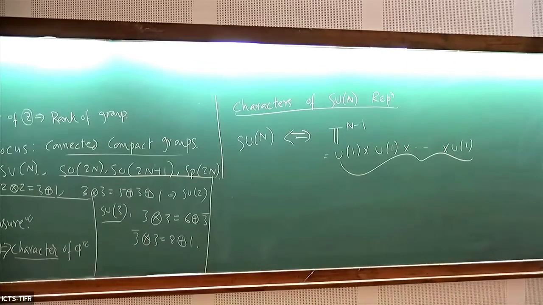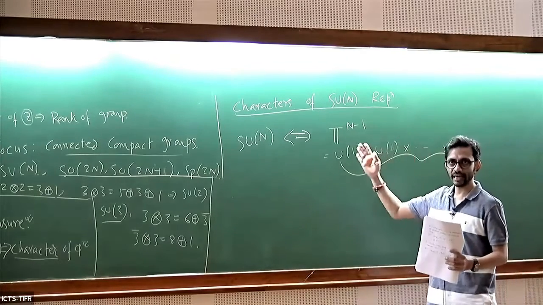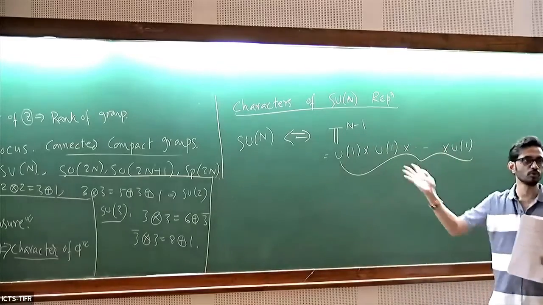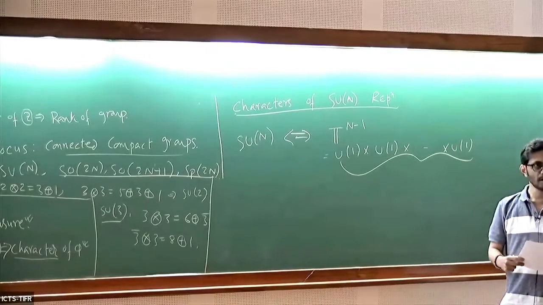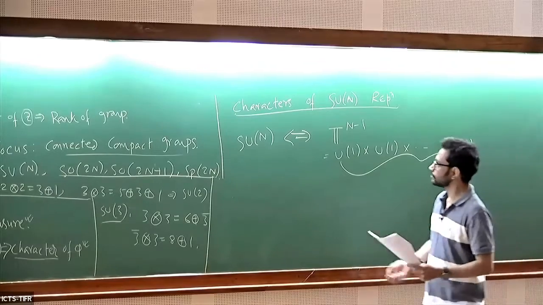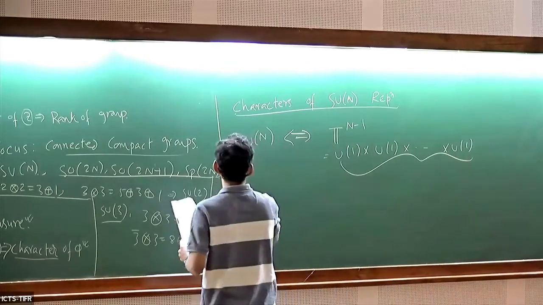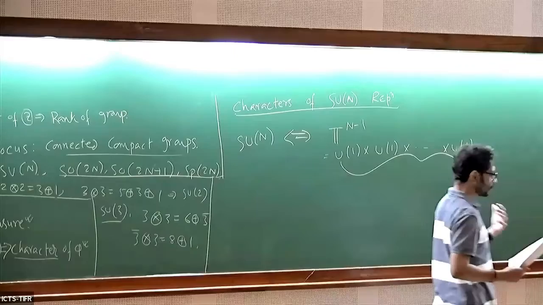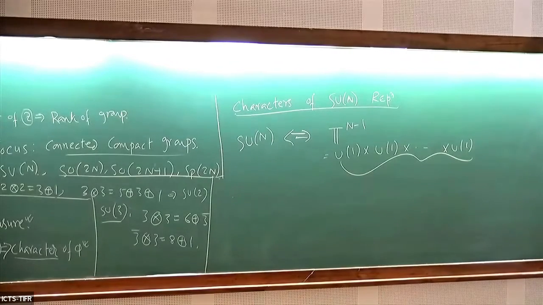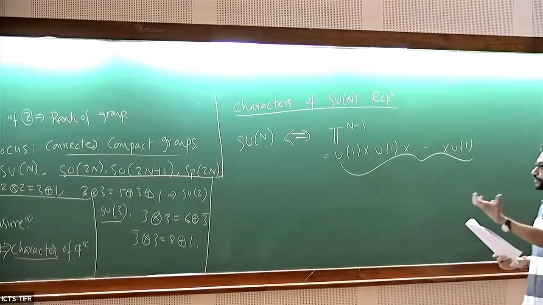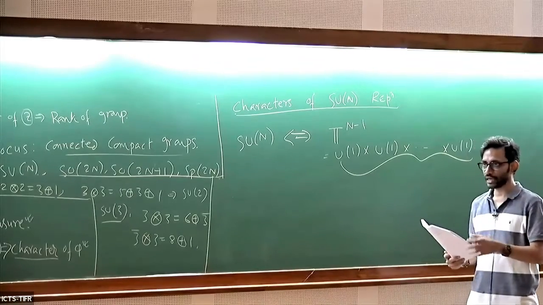Okay, and if you are interested in UN, you have its rank is n, so it's like n copies of U1. That's all. Okay, so now once we do that, what we can do is calculate the character of these representations in terms of